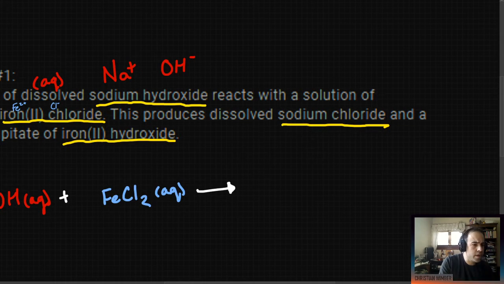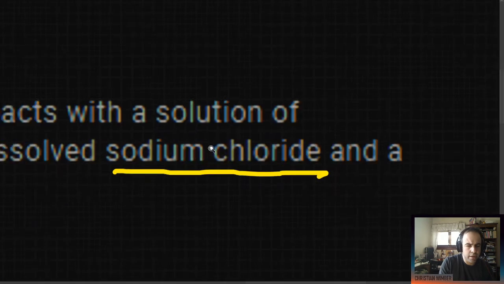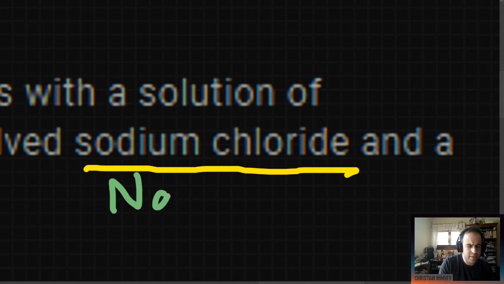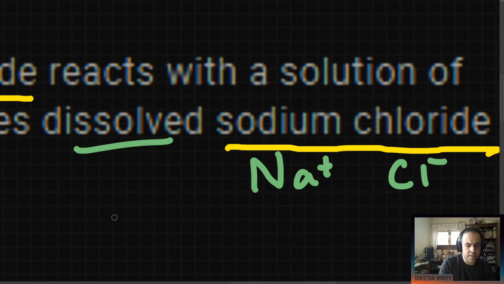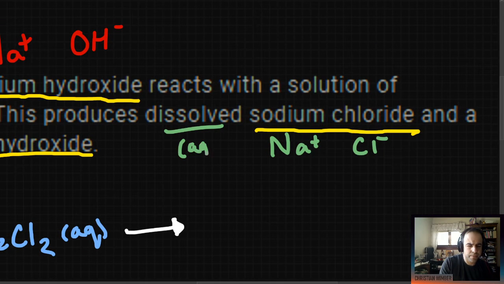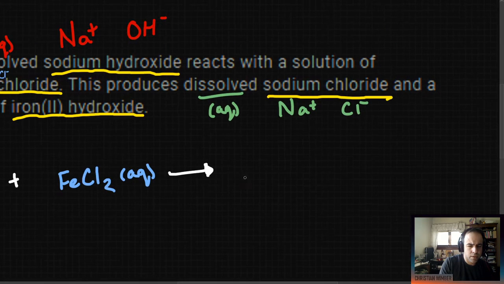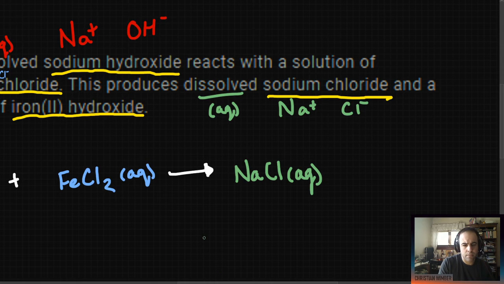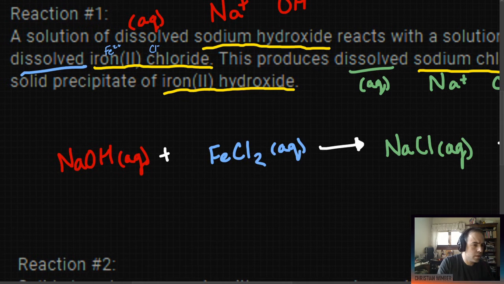All right, the things that we are making, we're going to make some sodium chloride, sodium, Na+, chloride, Cl-, 1 plus, 1 minus, we're set. It tells us it's dissolved, so that'll be aqueous, (aq). So NaCl (aq). And we're going to go ahead and put that together with